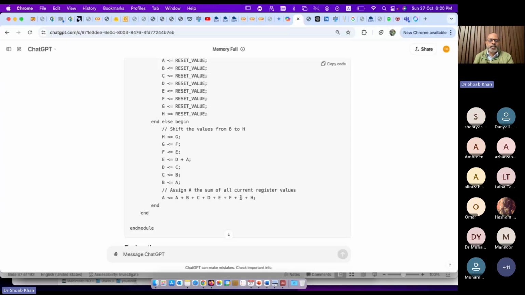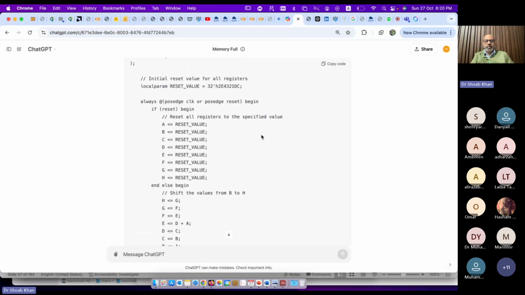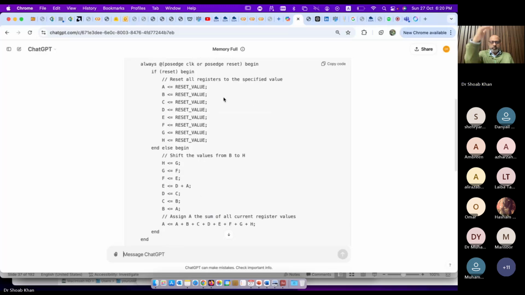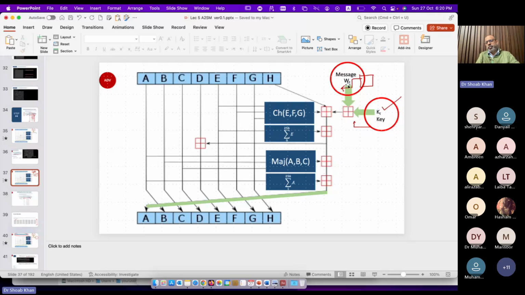So it has so easily generated the code, which at the reset, resets to the values. I was just being lazy, I was not writing all the 8 values, so all the 8 values get into these registers. Then every positive edge of the clock, okay, you are getting this. Now there is something else. For example, there are two 32-bit inputs, WT and KT. And now I write,